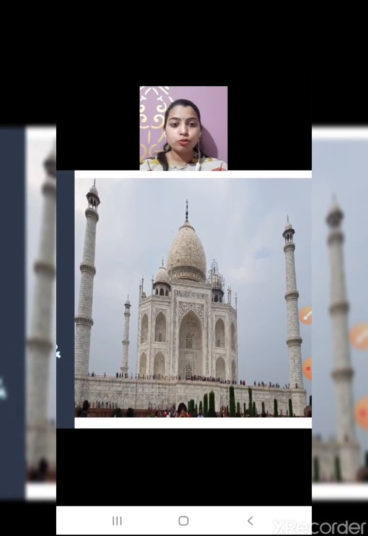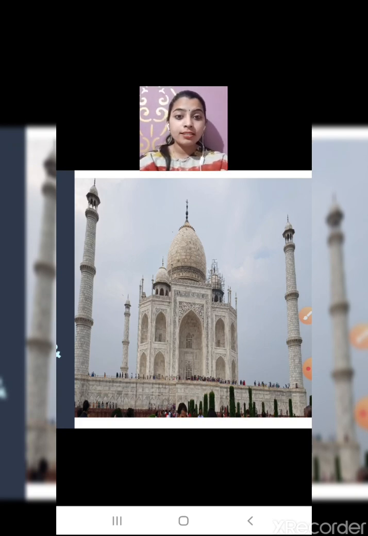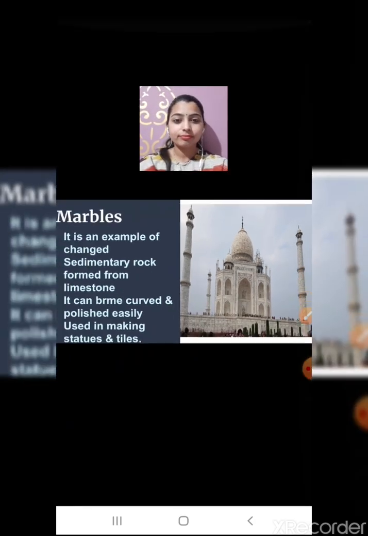First of all, I am going to show you the picture. This is a very famous monument and it comes in the 7 wonders of the world. What is this? This is the Taj Mahal. The color of the Taj Mahal is white. Yes. Have you ever visited the Taj Mahal? Very good. If you have not visited, then tell your parents someday they will take you to the Taj Mahal. Okay? Now we study